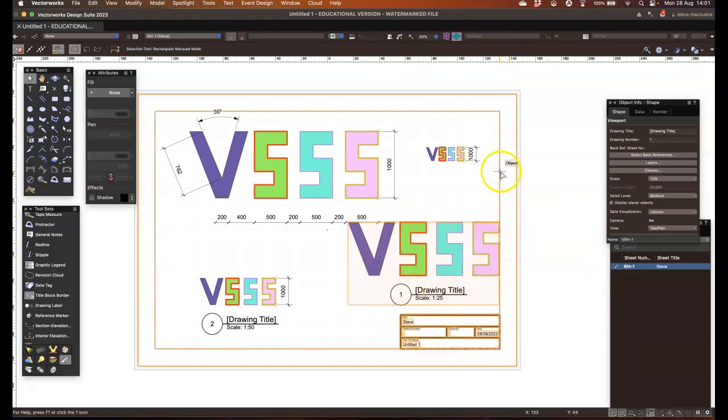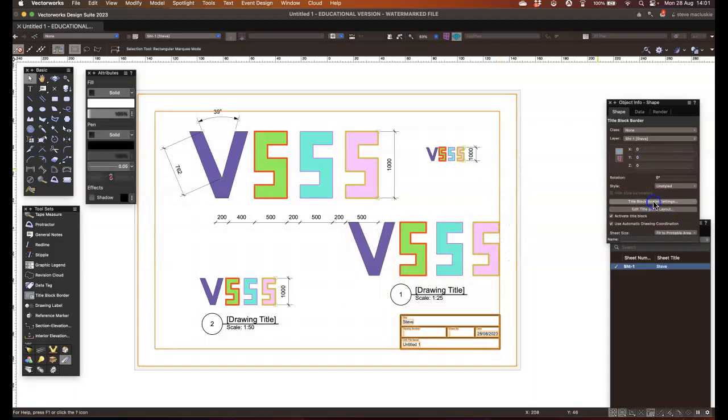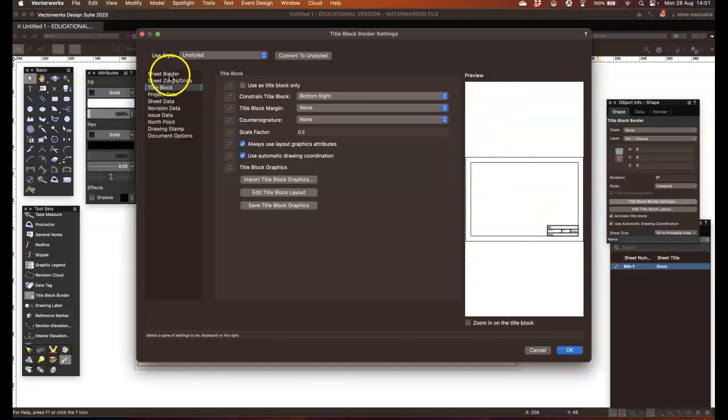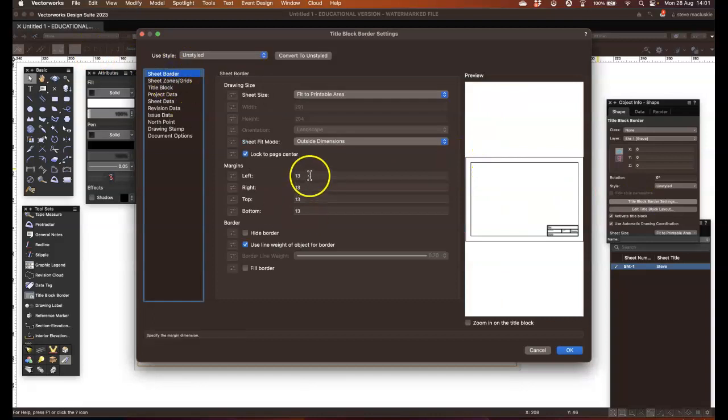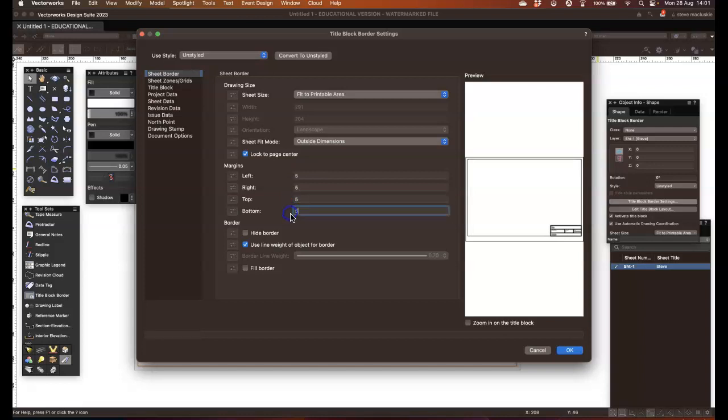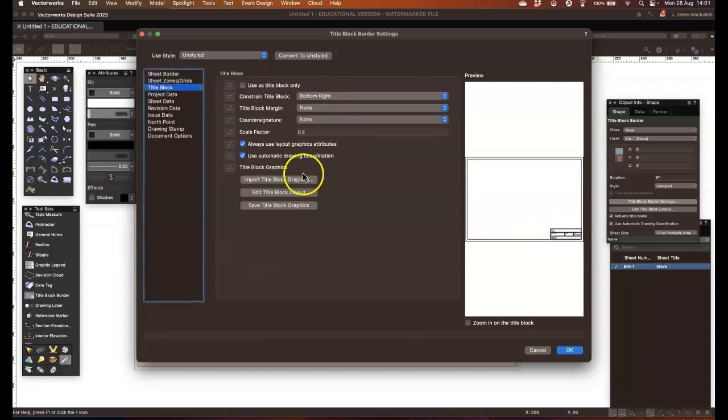Let's go back to title block settings. I think the border looks a bit thick. Maybe I've changed things by choosing the, yeah, it's gone back to 13 again. So 13, go back to 5, 5, 5, title block, unstyled, bottom right,